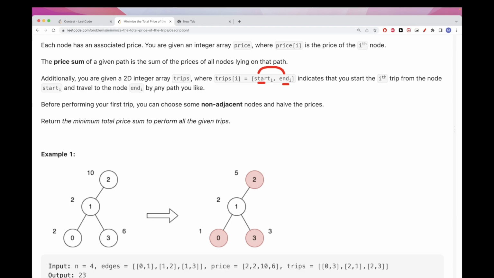And there is one thing you can do, which is you can choose some non-adjacent nodes and halve their prices. So you can't halve the price of two consecutive nodes. So for example, here you can't halve the price of 2 and 1. You have to halve the price of one of them. Okay. Similarly here,